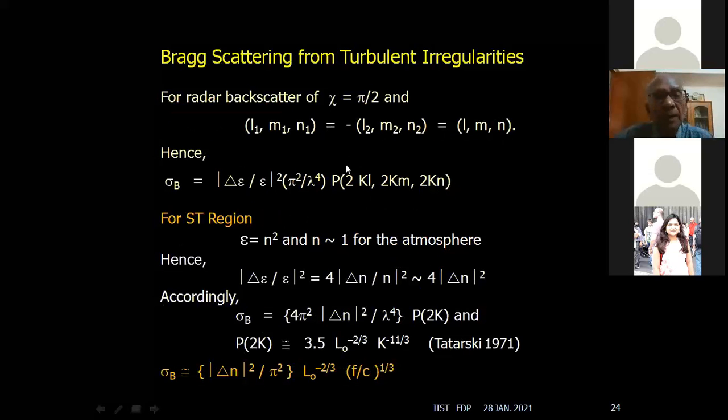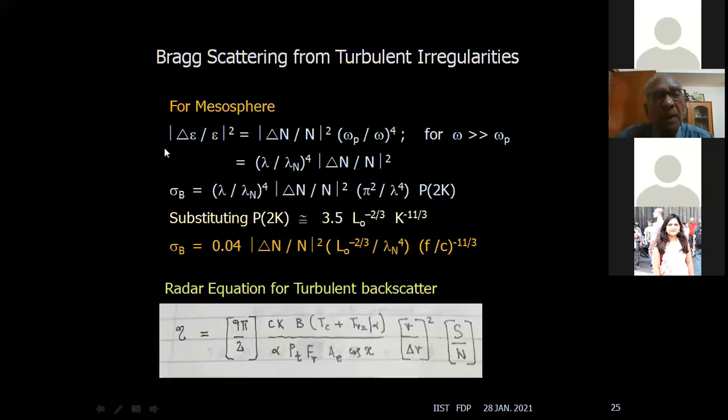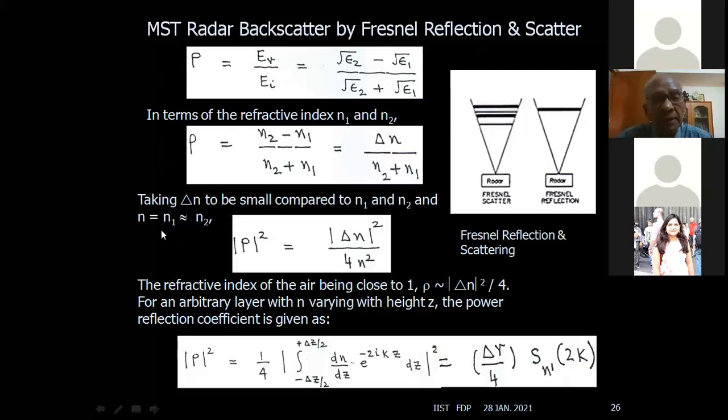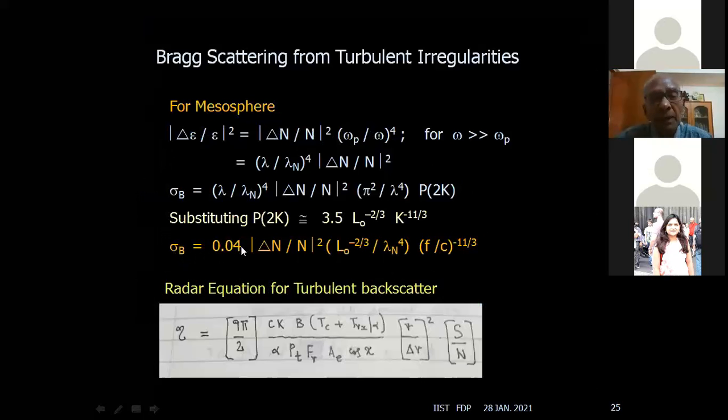So that is the radar cross section. It is the fluctuations in refractive index, which is actually the dielectric constant or permittivity, weighted by that power component, that gives rise to the scattering cross section. This is an involved derivation, so I would not go deep into that. And finally, what it tells is the scattering cross section of the turbulent backscatter is proportional to